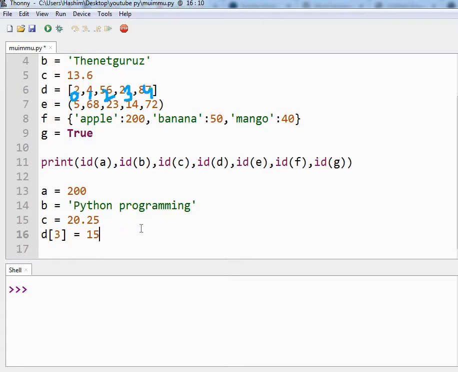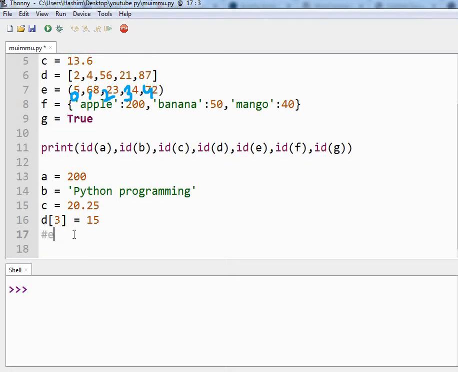Now E is a tuple, and in a tuple you cannot change anything. Tuple does not like being altered. If you assign a different value to any of its index numbers, it will show an error. So we have to leave it as it is.